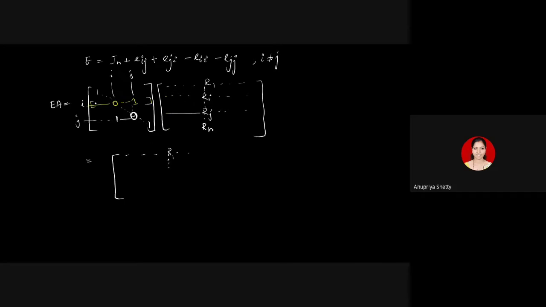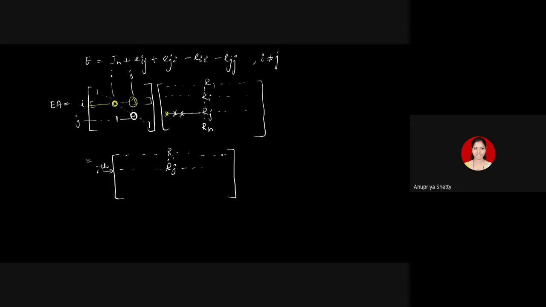But what did we do? We multiplied the ith row with each of the columns. When I'm multiplying the ith row with each of the columns, what I get is the ith row of the product, right? Now I'm trying to get the ith row of the product. But what are the entries that will come in the ith row of the product? The entries from Rj. That is because the 1 is getting multiplied with these numbers, and the entries from Ri will get multiplied with this 0. So in the ith row, the entire row Rj will appear.